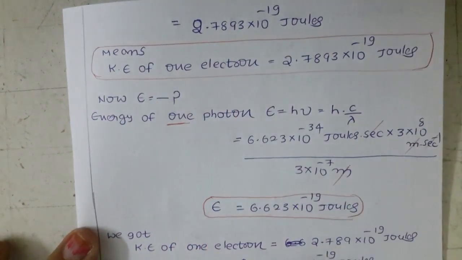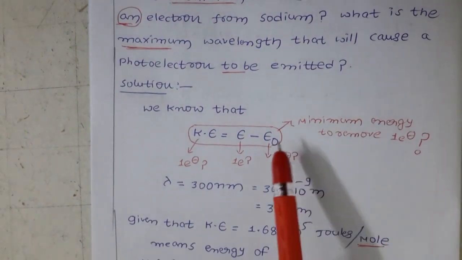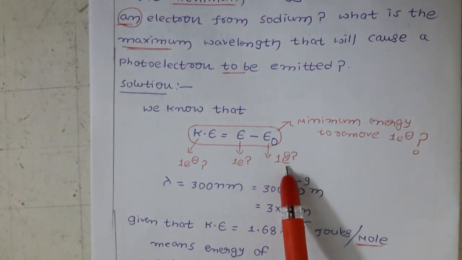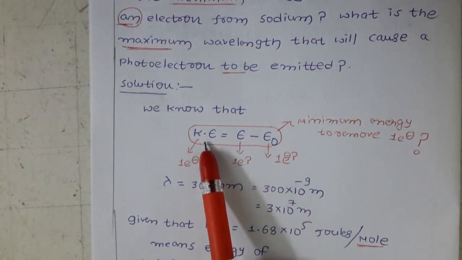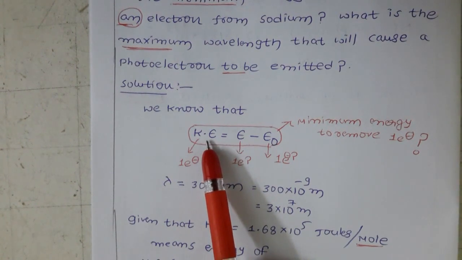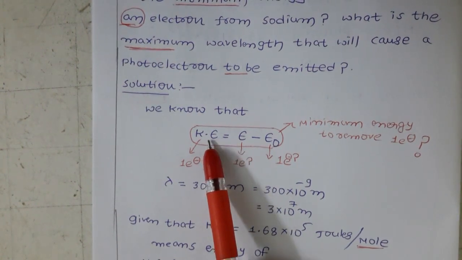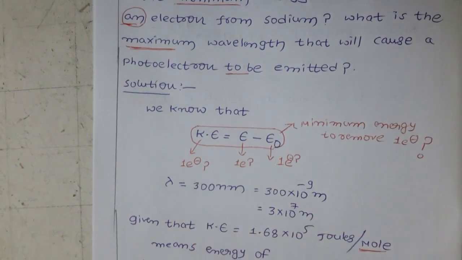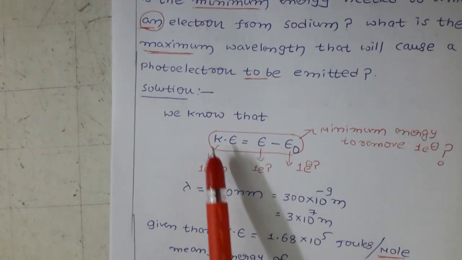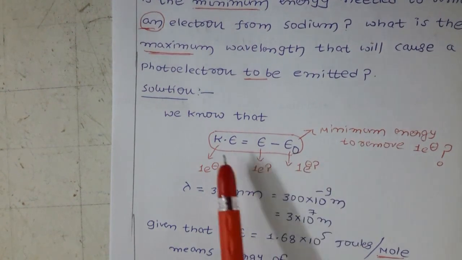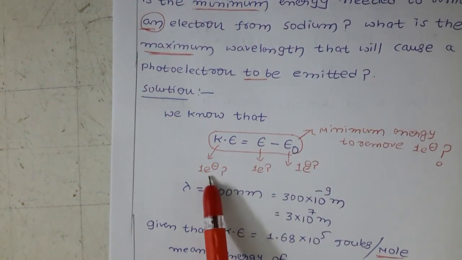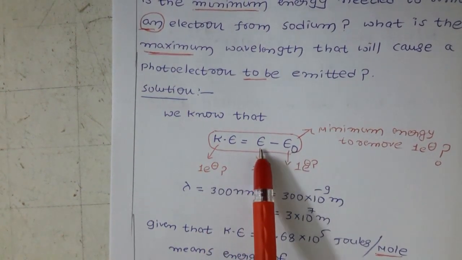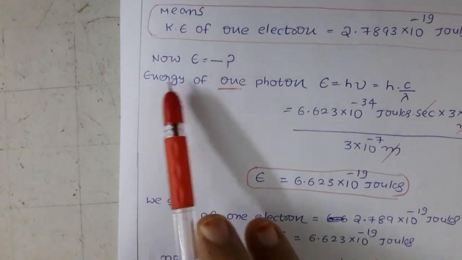Okay. So if you go for the first equation, we have to calculate E naught for the 1 electron. In the problem they have given the kinetic energy of 1 mole. So simply by using the 1 mole of electrons we calculate the 1 electron. So in this equation, we got the 1 electron energy already. Now we have to focus on E. Next, now we have to calculate E.